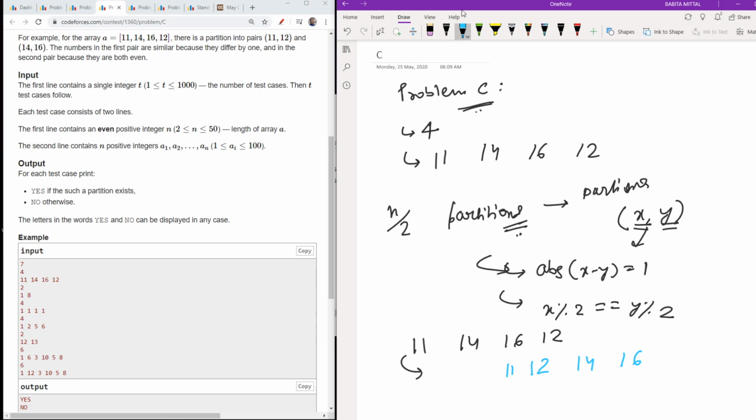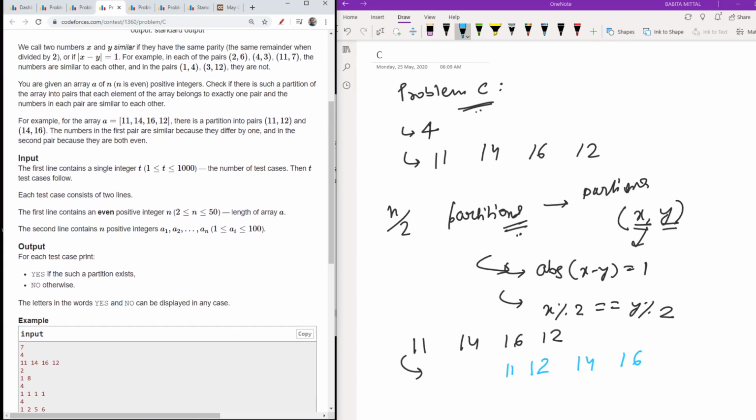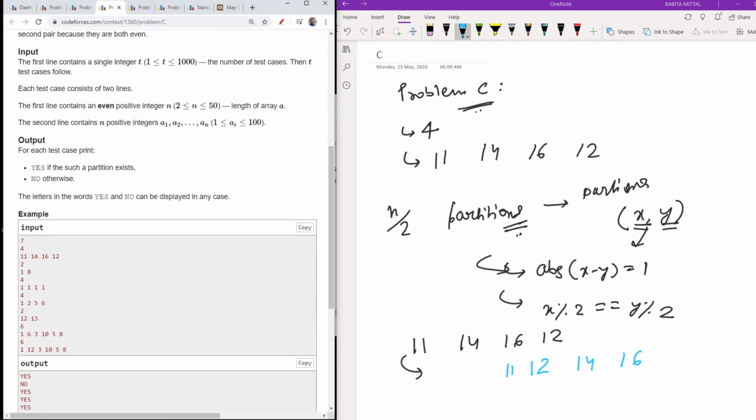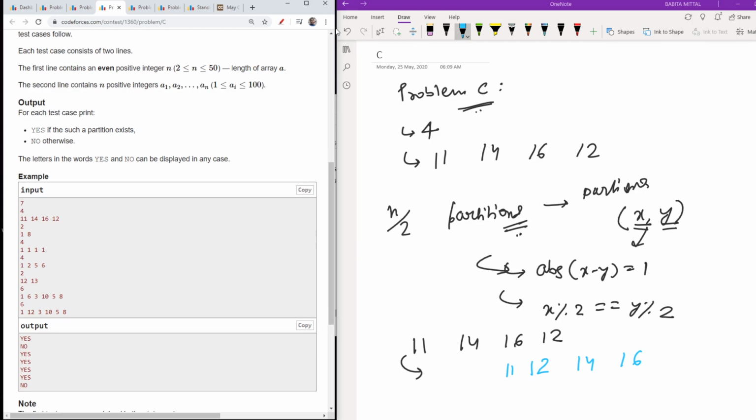As you can see, if abs is not equal to 1, it is okay. I have these elements. Now see, if by any case my array is like this, 11, 12, 13, 14, then abs is 1, 1.